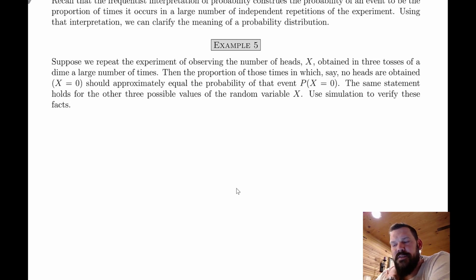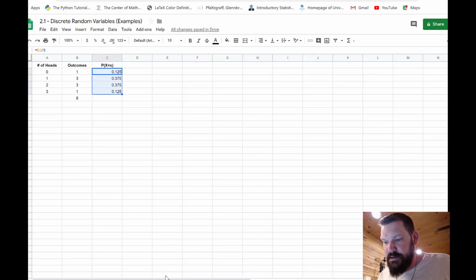So large is a relative term. Traditionally that might mean 1,000 or more. Then the proportion of those times with which, say, no heads are obtained, X equals 0, should approximately be equal to the probability that we computed using a frequency table. And it says use simulation to verify these facts. What I've done is I've gone ahead and created